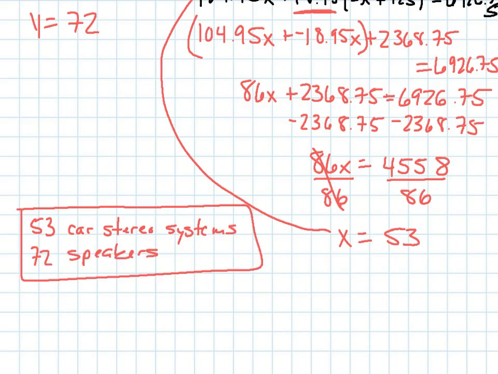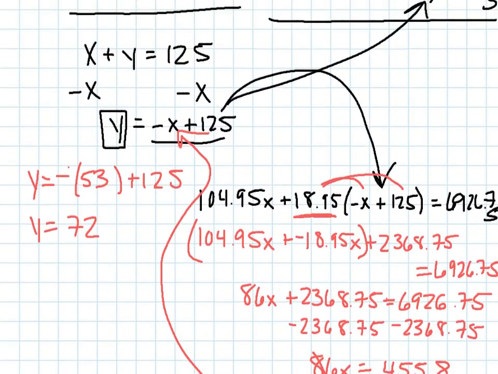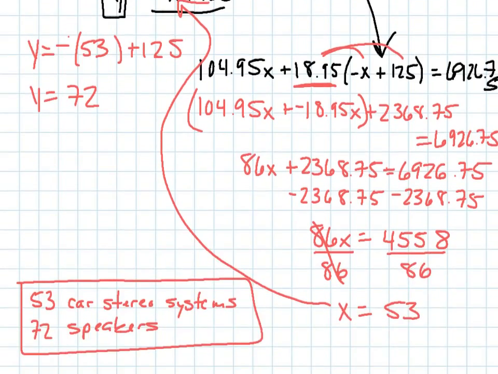Okay? So substitution method is a method where we can solve one equation for one variable, plug it in to another equation, so we're substituting it in, kind of like you do a number, and then once you find what that value is, you sub it back into the other equation to find that value. So it's like a double substitution so that you can solve both variables. Okay? Give it a try. Make sure you give it